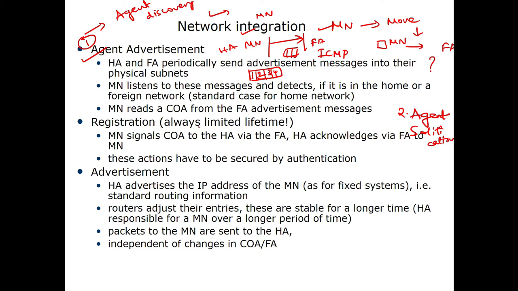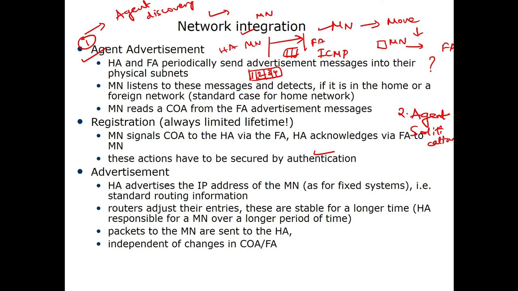So agent advertisement happens when the registration exceeds the limited lifetime. So it always has a limited lifetime. The mobile node signals the care of address to the home agent through the foreign agent, and the home agent acknowledges through the foreign agent to the mobile network. All these actions take place with respect to security and authentication. And for advertisements, for example, how will the advertisements be done: